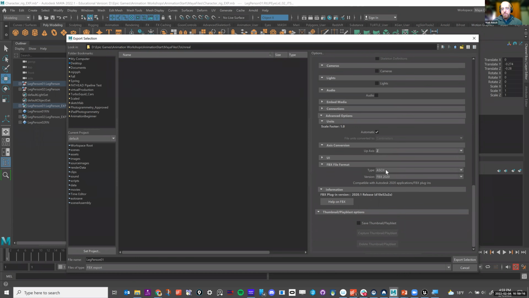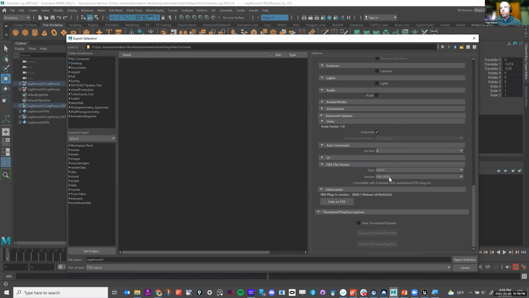FBX format. I personally am a huge proponent of ASCII. That seems to be the one that works best. If you export this out and want to bring it into Unreal, or into something like Blender, you'll want to have it in ASCII. It doesn't like binary files. So just to help keep everything as open to other programs, turn it to ASCII and that will work.